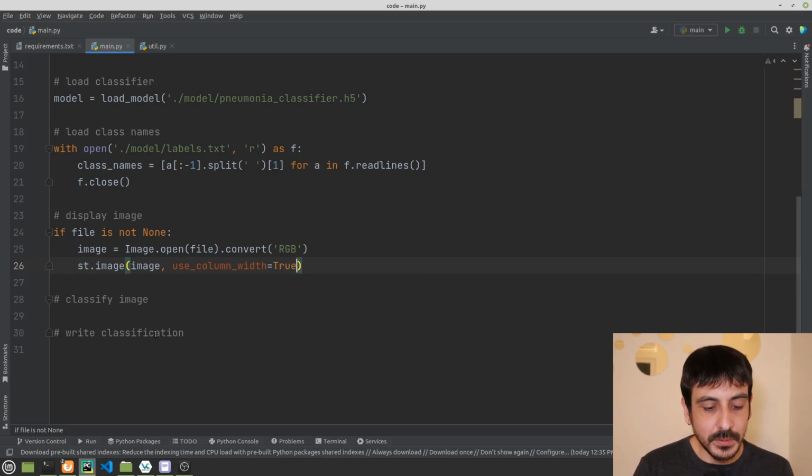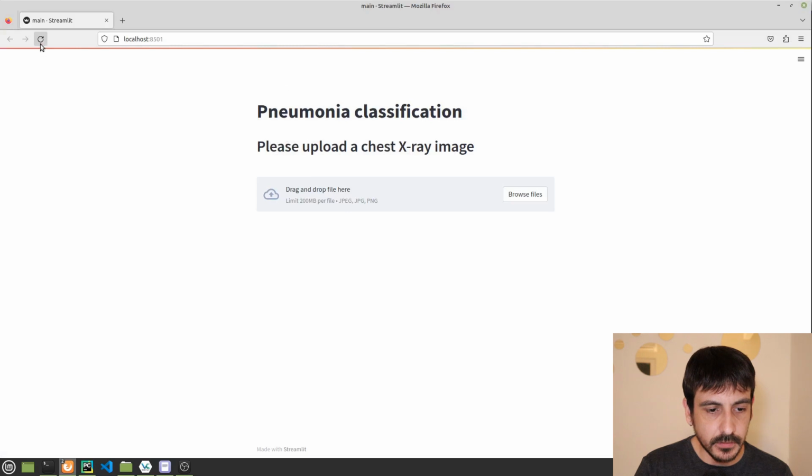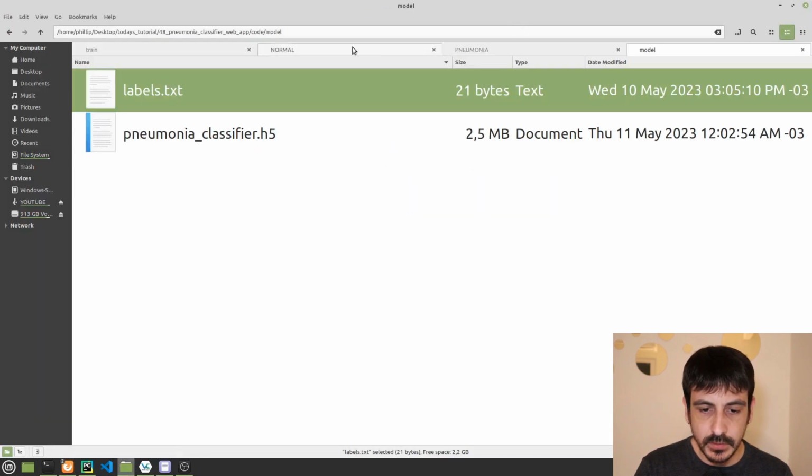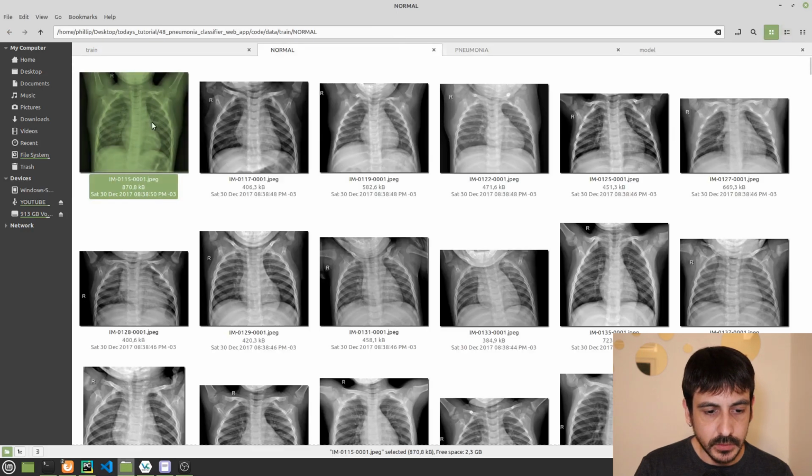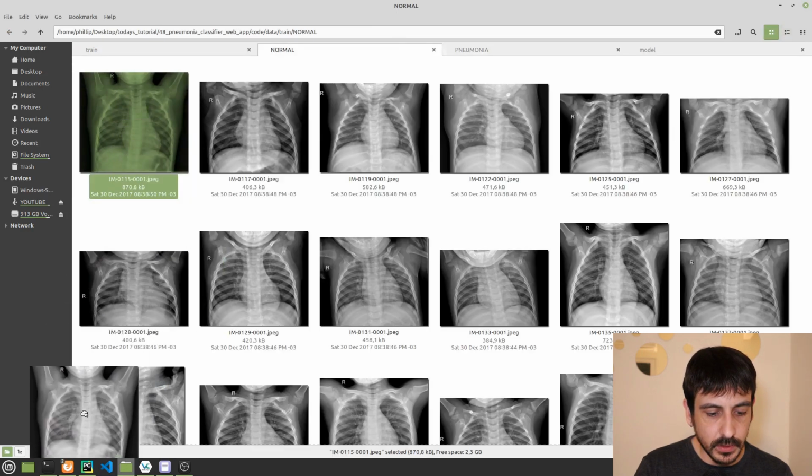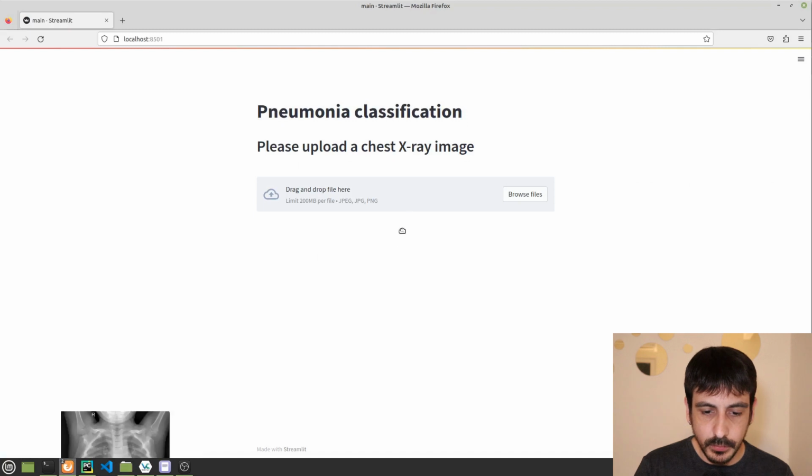And in order to move one step at a time, let's see how everything looks so far. If we go back to the browser, you can see that if I refresh, we are going to see exactly the same pneumonia classification. Please upload a chest X-ray image. And instead of selecting a file over there, I'm just going to select and drag one of the images in my computer.